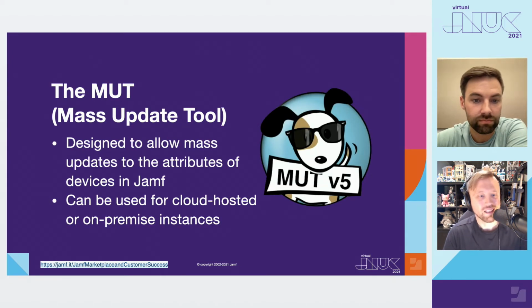Thanks, Jesse. The next tool we're going to talk about is the MUT, or Mass Update Tool. For many of the organizations that I work with, making updates to device attributes can be a very time-consuming process. But through the use of this simple-to-use tool, it's easy for you to do things like update the department name for your newly created customer success team, or perhaps edit the device location for those employees who are now working remotely full-time on multiple device records at the same time.